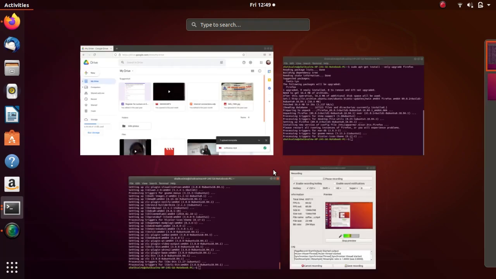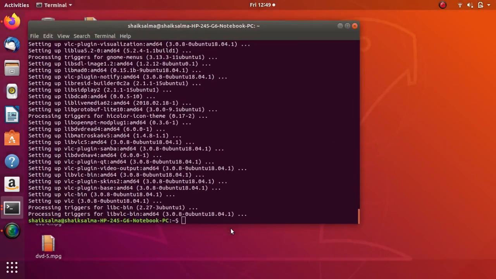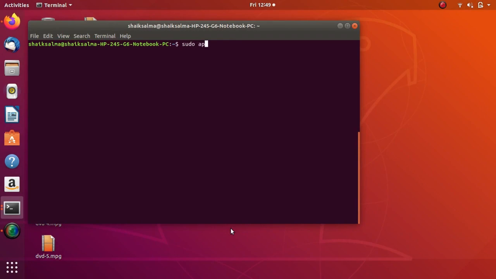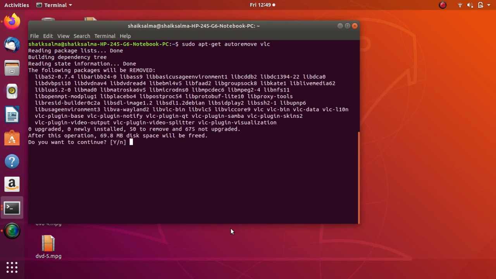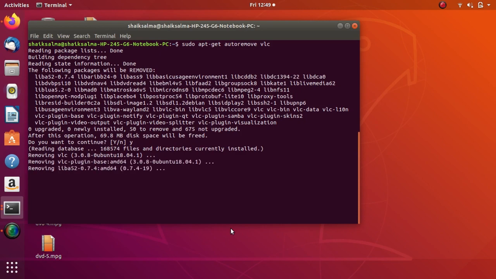Okay, next, clear. If you want to uninstall VLC, just type sudo apt-get autoremove vlc, enter. It will ask you yes or no. Yes, I want to uninstall the VLC, then type Y, enter. It is removing the VLC libraries.